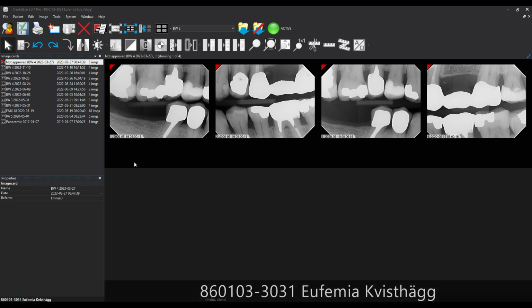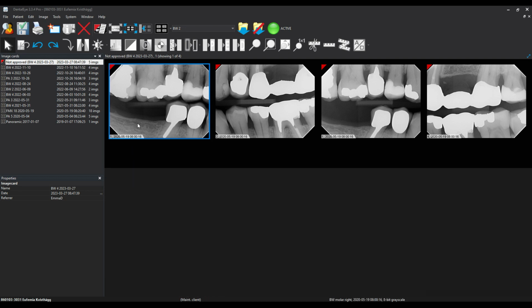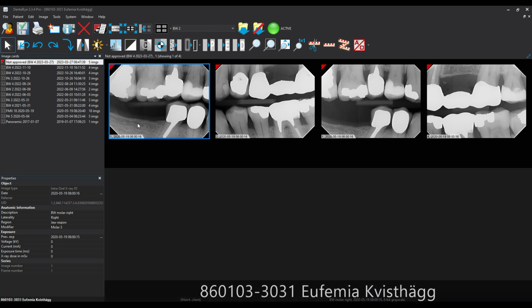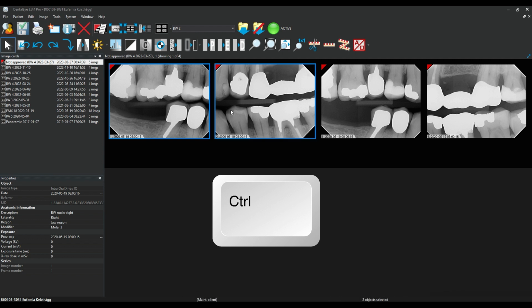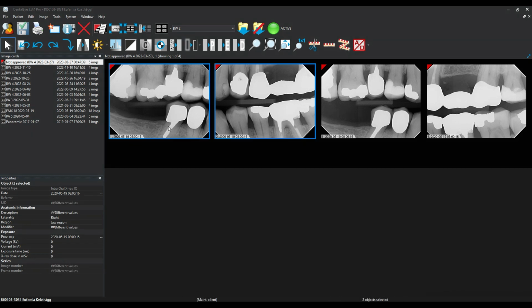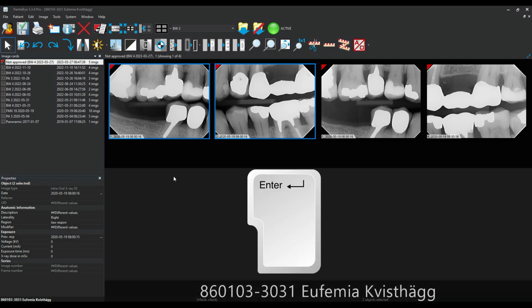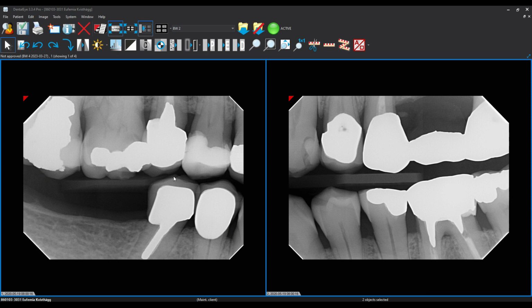If you want to review an image on full screen, you mark it by left-clicking on it. If you want to review more than one image at a time, you hold down the Control key on your keyboard while left-clicking on the images preferred. If you press Enter on your keyboard, the marked images will be open in the review mode,